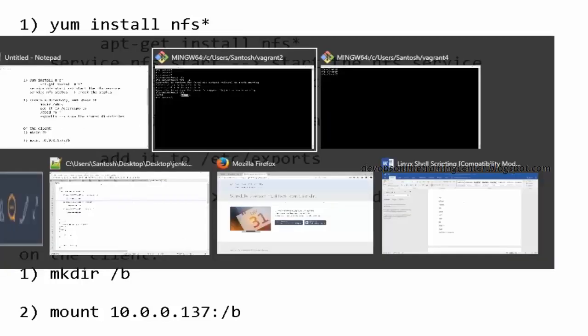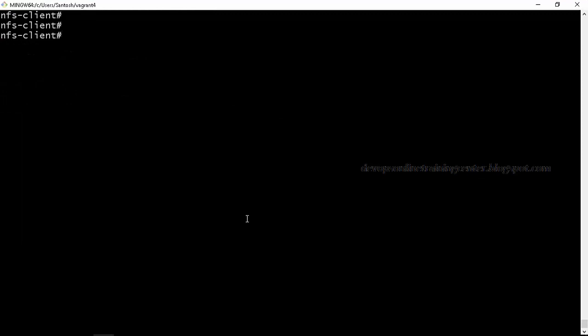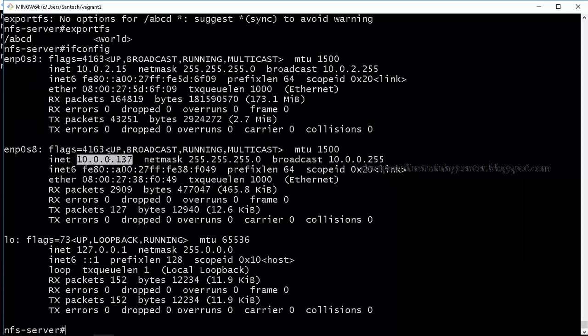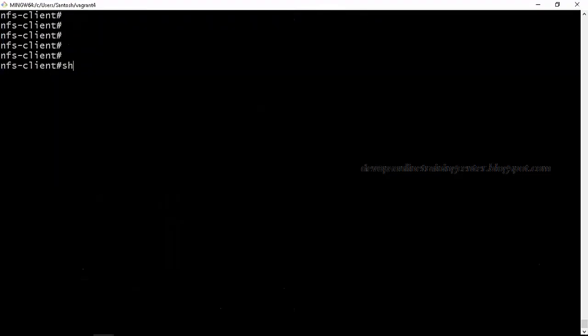Now come to the client. Let us say I know the IP address of the server machine, but I don't know which directory is shared. That we can also find out using the showmount -e command. It will show abcd is shared for everyone. Let us say you know the server IP in the organization, but you don't know what directories are shared from the server. You can still find out using the showmount command.